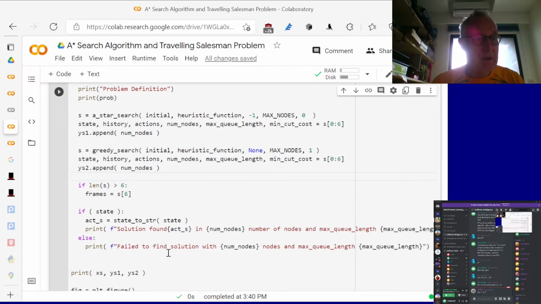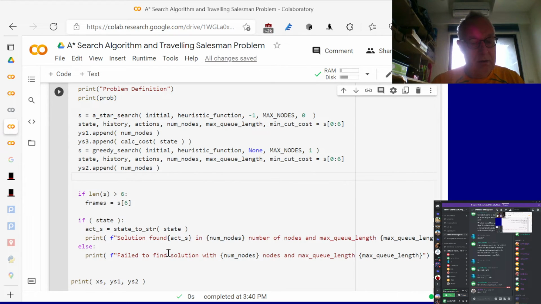And I also want to show actually ys3.append calc cost of state